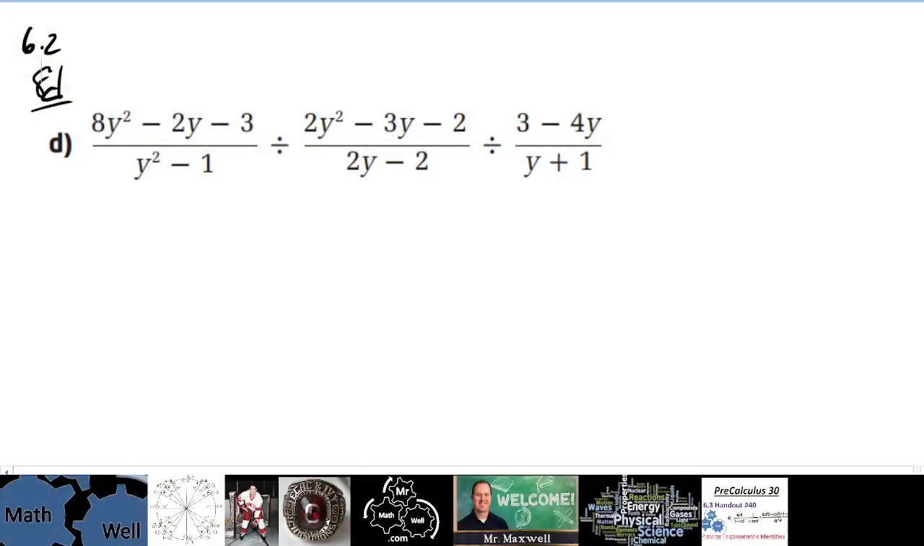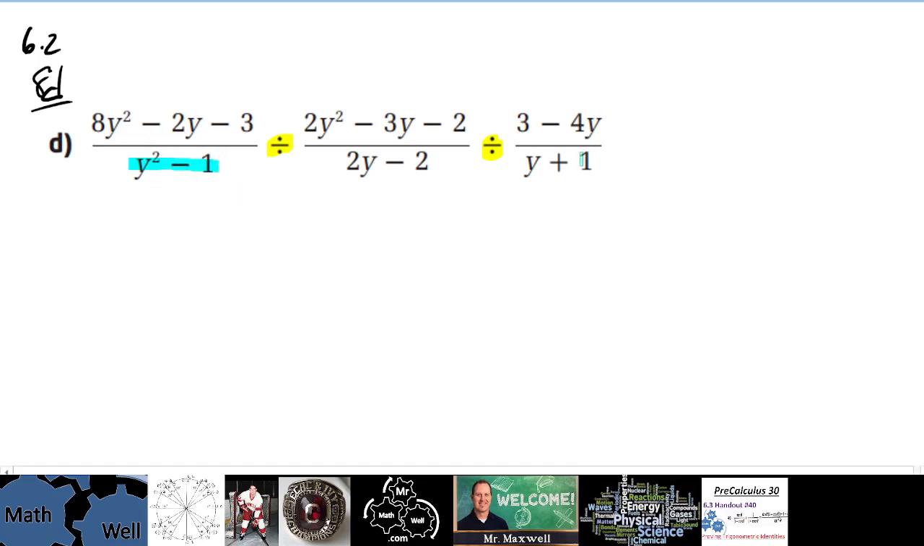Okay, 6.28D. So the question was, what happens when we have two divided by signs like this? It can be a little bit iffy, but what you want to do is flip and multiply both of them separately, okay? The other thing to keep in mind is that the restrictions for the variable come from here